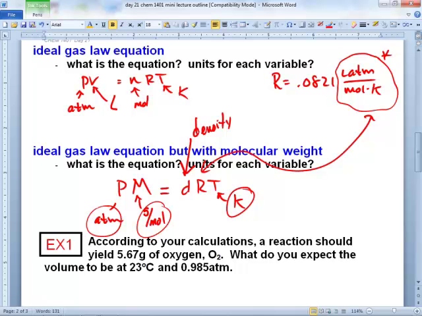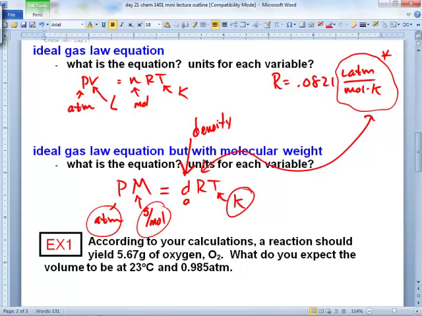And Aaron gave you a hint. Mass units over volume units. And it has to be stuff we haven't used yet, right? Because look, can you see what it's going to be? Now the mole part, because liter atmosphere per mole Kelvin is our R. But the mole's already here. So our density's got to be what over what?